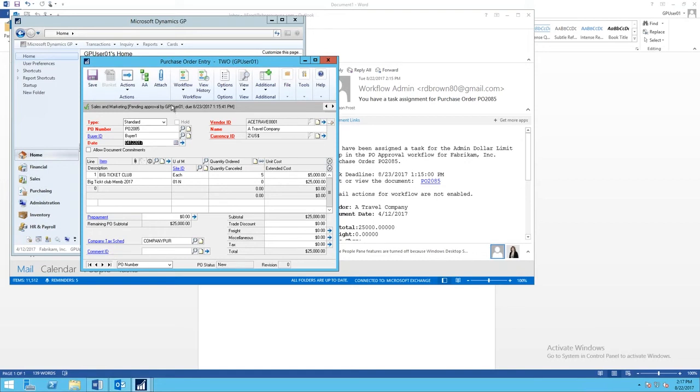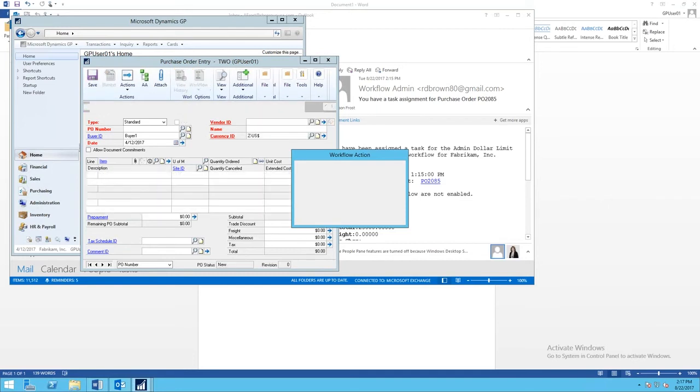So GP user 1 needs to approve this. They can look at the PO. If there were an attachment to that document, they could open up that attachment. When they're done, if they would like to approve it, they can click on the Approve button. If they need to reject it, they can reject it, and they get to send an email message back to AJ. Say,